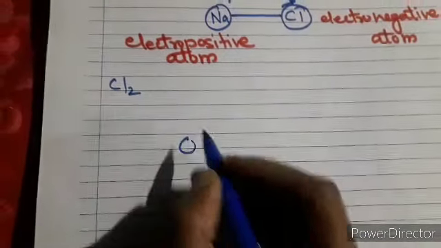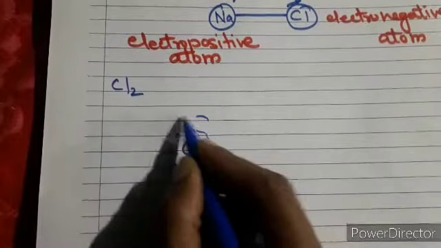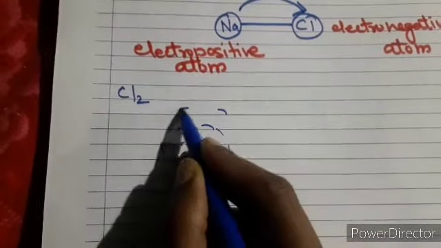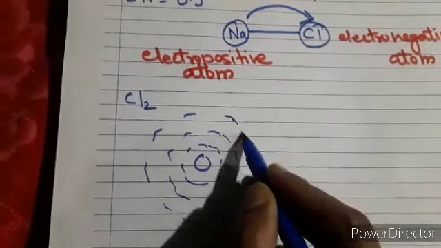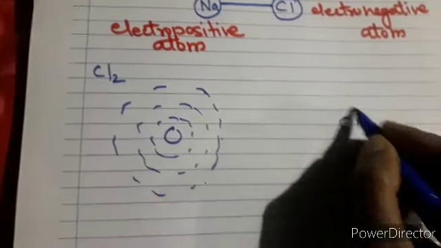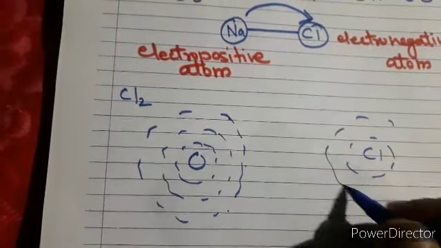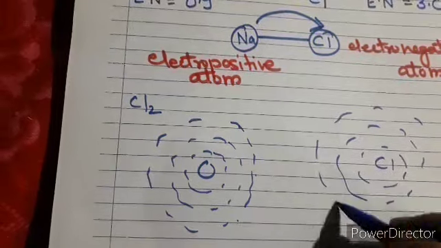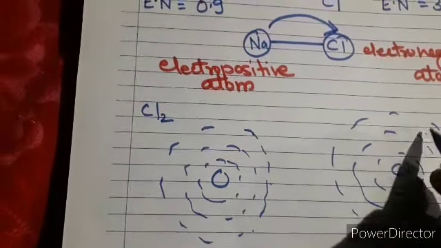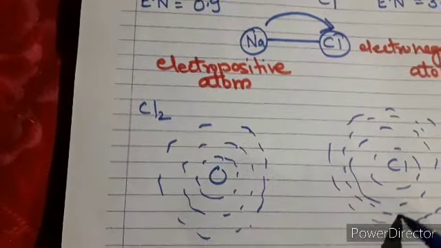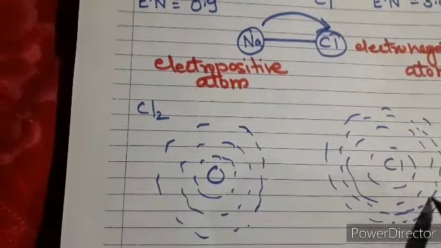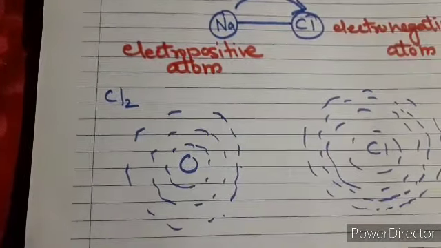Now you know how to make the diagram for Cl. I have made it earlier also, so I am once again making it. Two times you have to make it, because we have two atoms of Cl, right? Both the times you have to make the electrons. My drawing is not very good, but still I always try to make it.